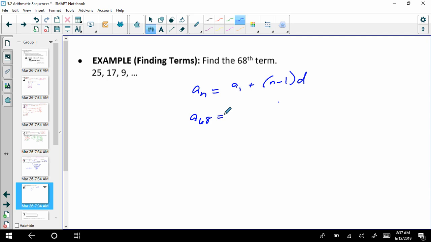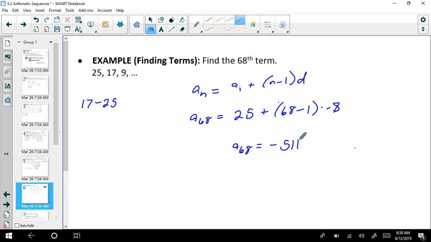What's a1? My first term is 25. We said n was 68. And the common difference, I have to figure out what are they adding by. So again, if you can't spot that, take one of them and subtract the number that came before. So it turns out the common difference is negative 8. And so now we can do all of this simplifying and we will get our answer. So if you do all of that multiplying and adding, you should get